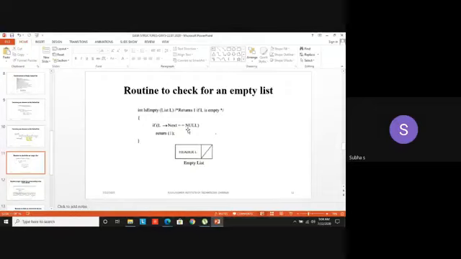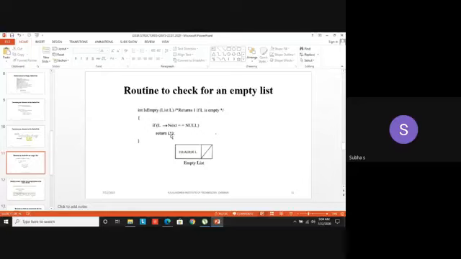A very simple thing, it may be asked in an MCQ also. There may be a blank space that you have to fill, or you will be given some options: head next equal to null, or head next not equal to null, or node 1 equal to null, like that, any other options may be asked. So this is the simple logic. My function name is isEmpty. It is returning integer type, either value 1 or 0.